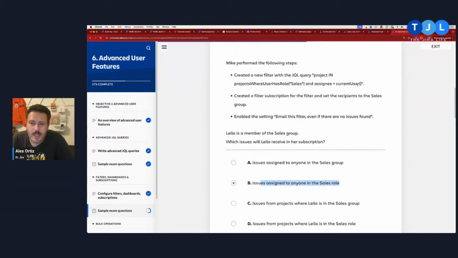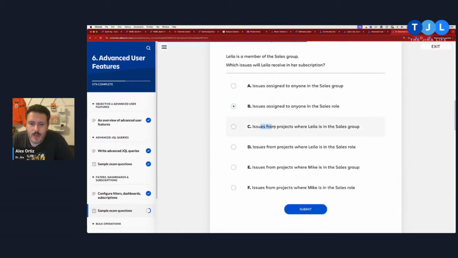No, again, it'll bring you just the current user. Issues assigned to Layla, but specifically in projects where Layla is in the sales role. This one's more right. Okay, so based on this context, D is the only right answer.